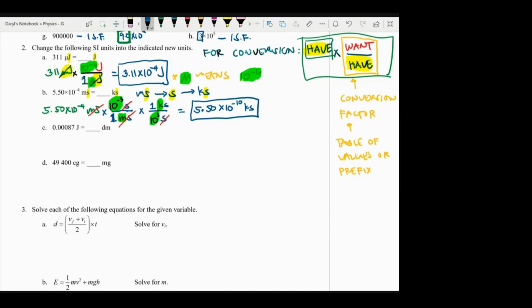And letter C, this should be, instead of dm, joule. Okay, because again, for a metric to metric conversion, you should expect that you have the same base unit. Okay, so you just use prefixes to express it as a smaller value or a bigger value. So I'm gonna employ the same thing. I'm gonna start with what I have, so that is